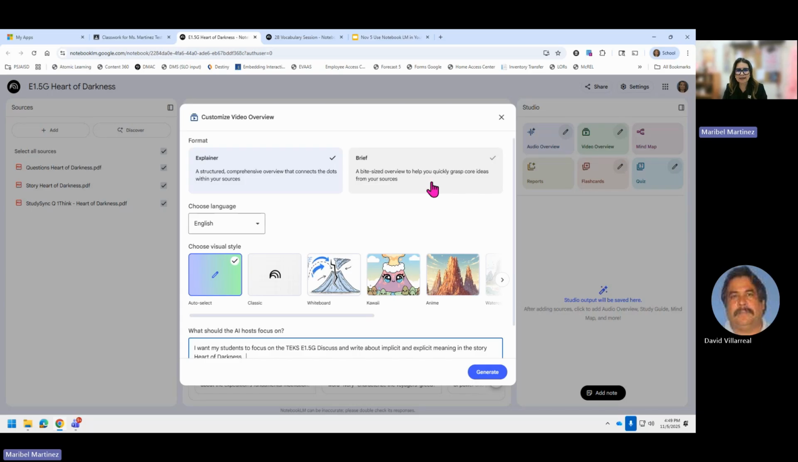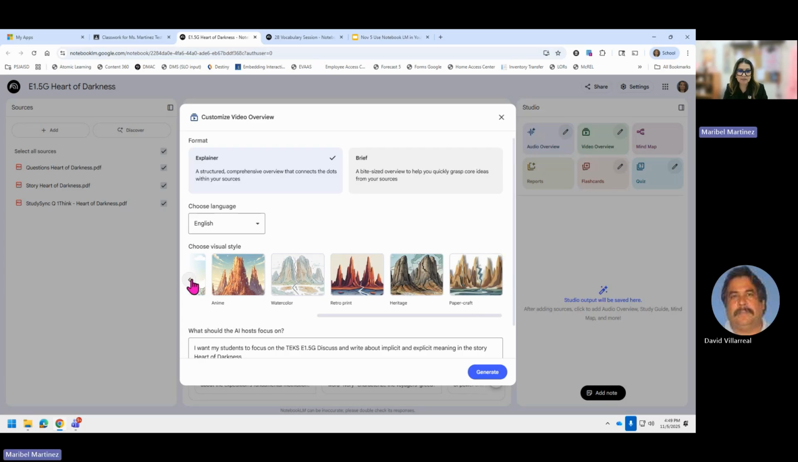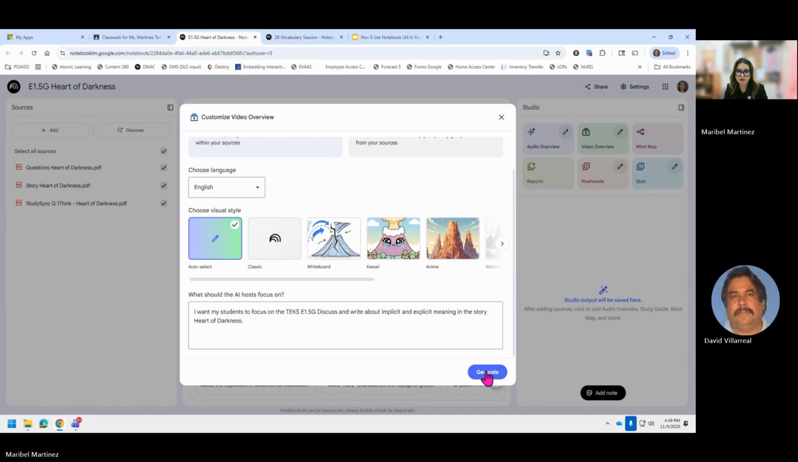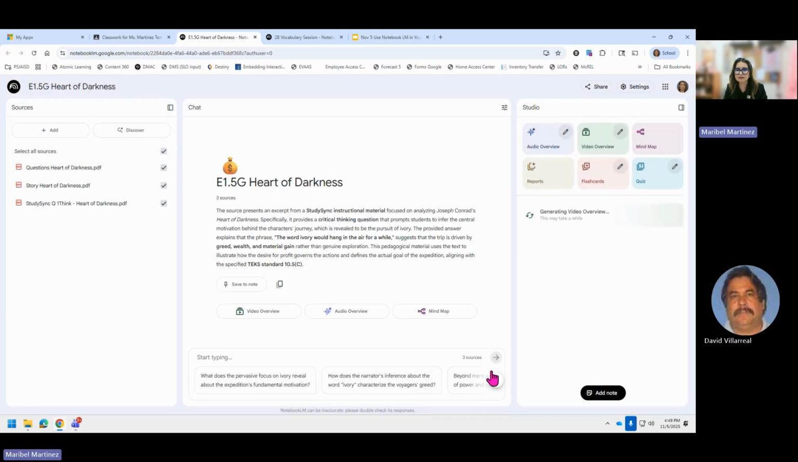What I like is that it's just targeting that skill. You can choose any format that you want. I'm staying with the regular one, but it has plenty of fun choices here as well. I'm going to generate. It does take a few minutes to generate that video, but in the meantime, I can